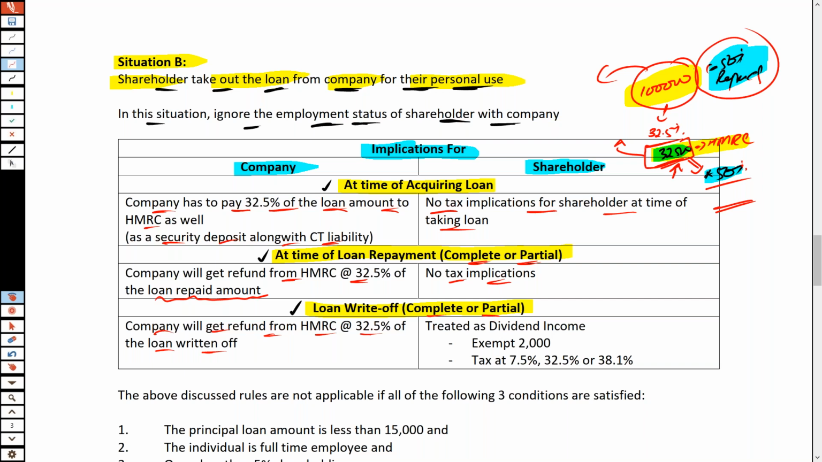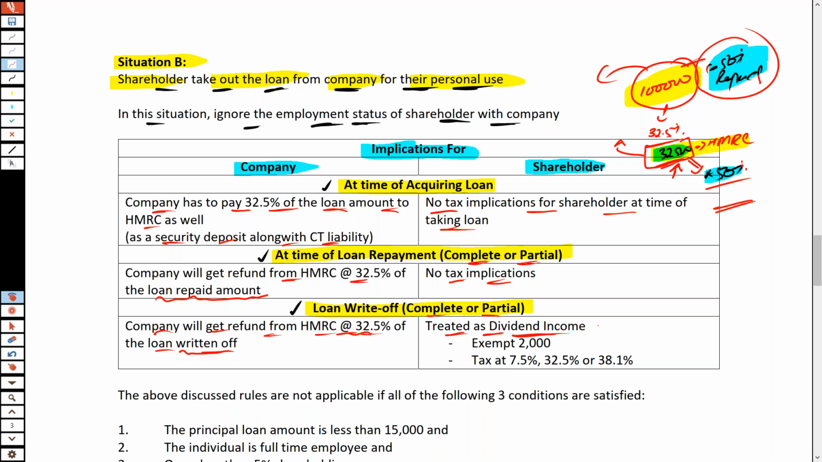Let's say from 100,000 the shareholder returned 50,000 and refused to pay the further 50,000. So it means the company is writing off the loan amount to the extent of 50,000. At the same time, on the loan written off, HMRC would also be repaying an amount at 32.5% to that closed company. But very importantly, as the shareholder is not repaying the amount of loan, so such